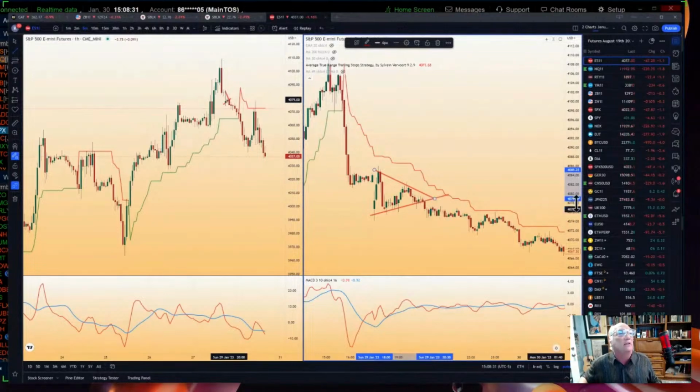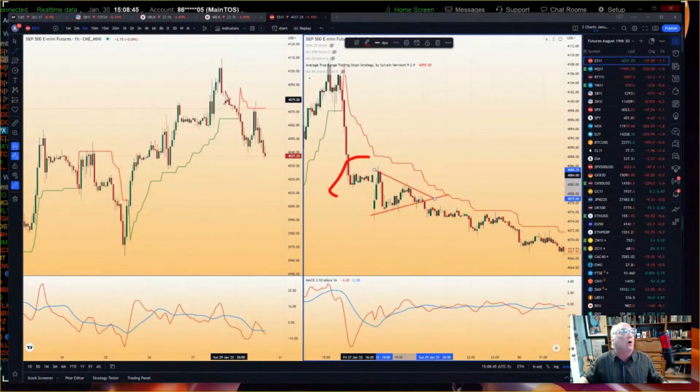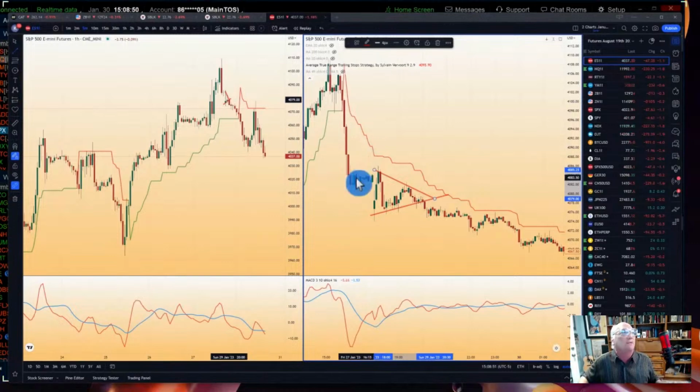40.78. See the 40.78? So I had a stop up here, like if it invalidated the flag and got back over this trend line. I gave it a little latitude, like 40.82 was my stop. Now you might say, well, why didn't this one work? Because that was after the close on Friday. And after the close on Friday, it just sort of futzes around. It can gap up or down Sunday night.